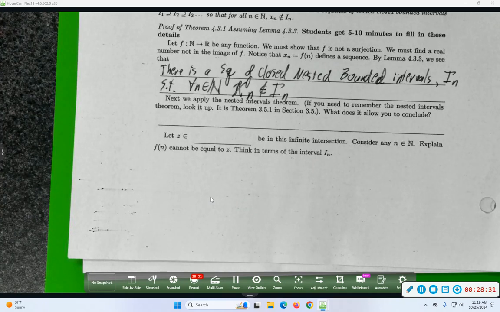All right, so what was the logic so far? If there does not exist a surjective function from the naturals to the reals, then the reals cannot be countable. If this lemma is true, then there does not exist a surjection from the naturals to the reals. But we know that that means the reals are uncountable. If we can prove that lemma, then we win. That feel pretty good? Groovy. So we just need to prove that lemma.